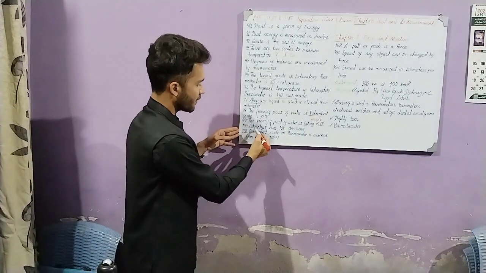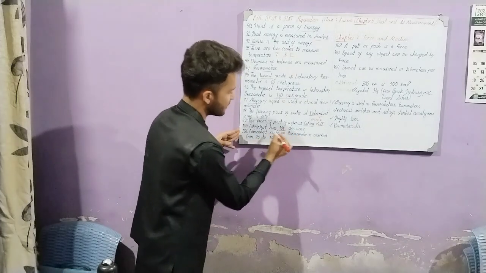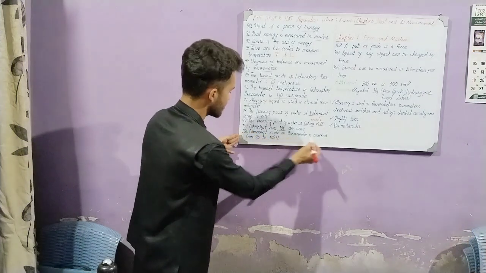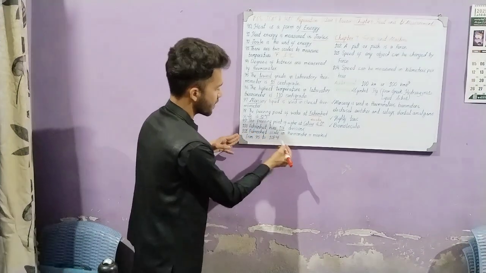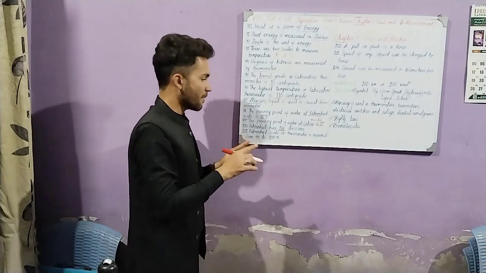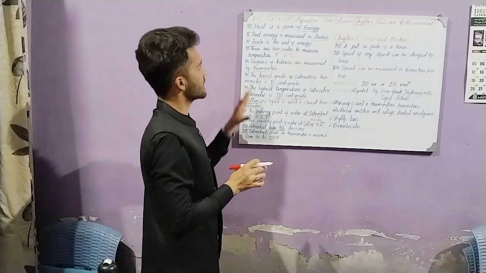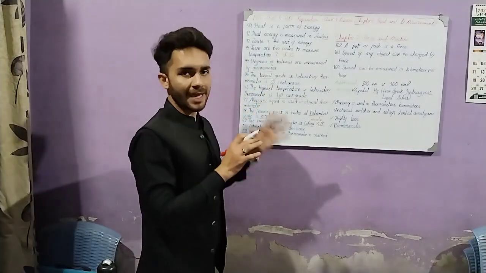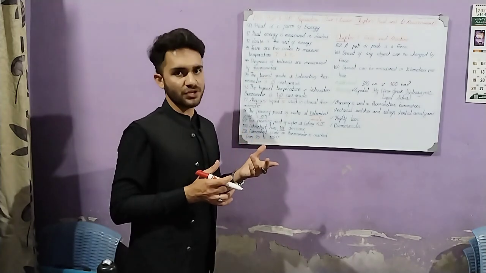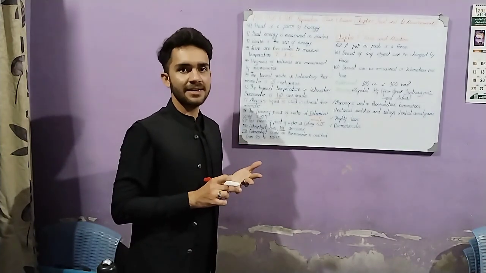The Fahrenheit scale has 108 divisions. And the Fahrenheit scale on thermometer is marked from 95 to 108 degrees. From 95 to 108 degrees, this is the measurement of the Fahrenheit scale. So this chapter ended over here. This chapter related to energy, how energy is measured, the degrees of measurement of energy, Fahrenheit scale and centigrade scale.